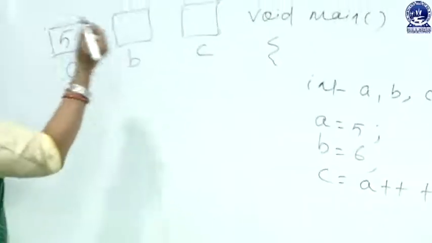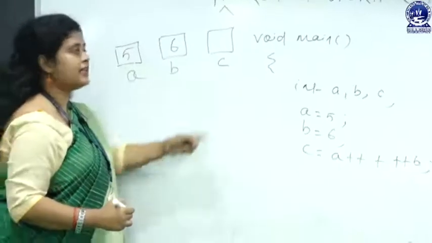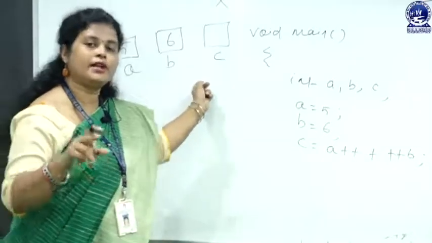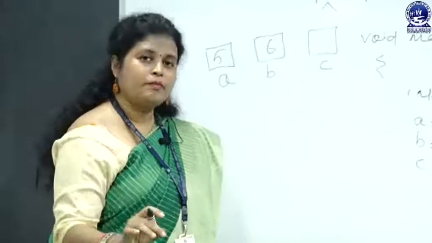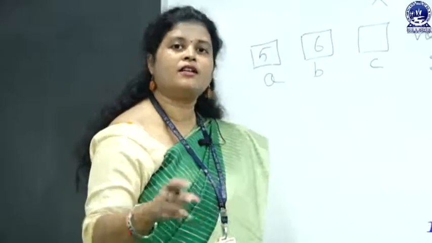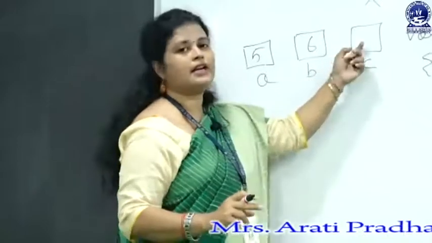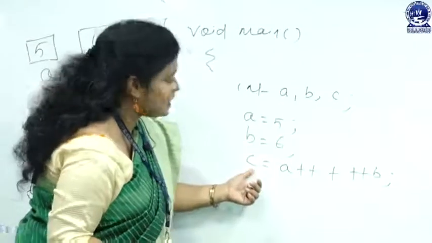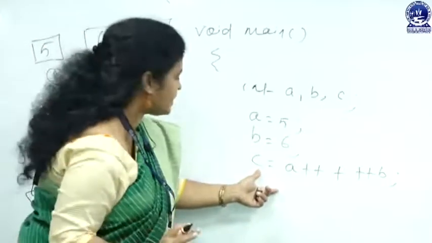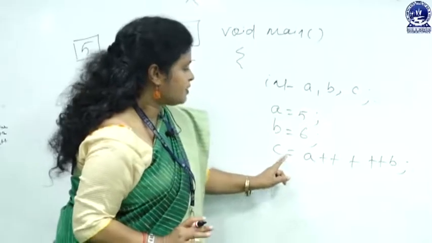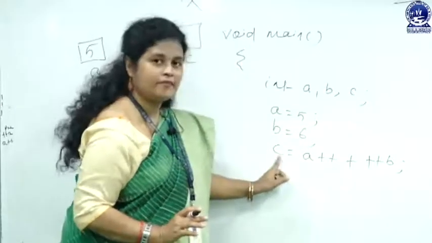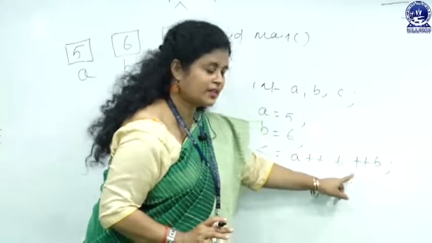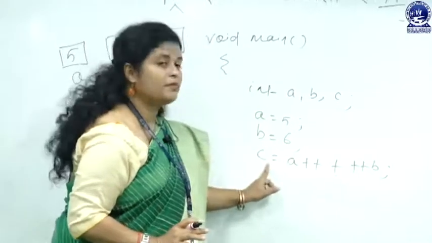A value is 5 initially, B value is 6 initially and C is empty, or C contains garbage. All of you know that if you are using any variable and you are not assigning any particular constant value, not initializing it, it will contain a garbage value, because it is C++. In some other programming language it may be a different scenario. Now, what will be the values of A, B and C? Here we are using postfix notation, here prefix notation, then addition, then the value will be allocated here to C.